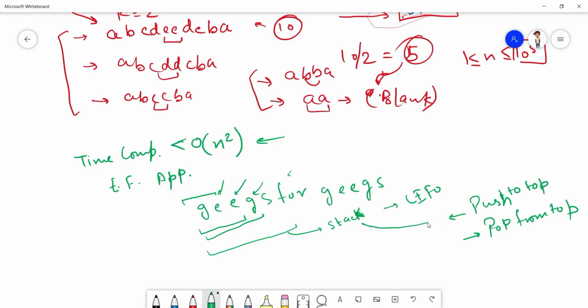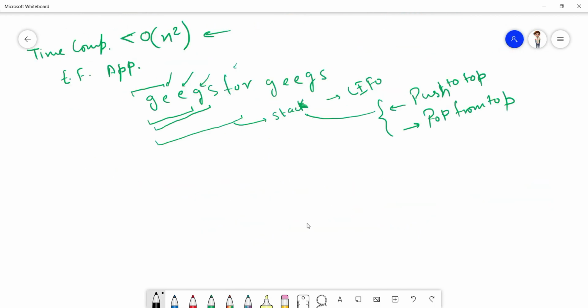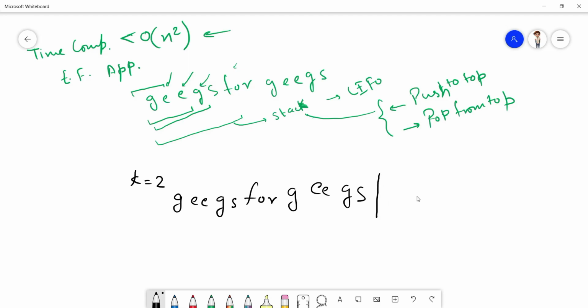So it is such a data structure which follows both these things. So for k equal to 2, we have this string, right? Now we should have some stack also because we are using it. So this is our stack.